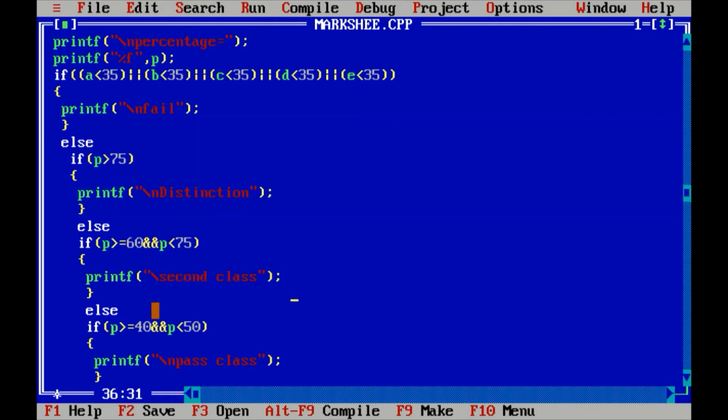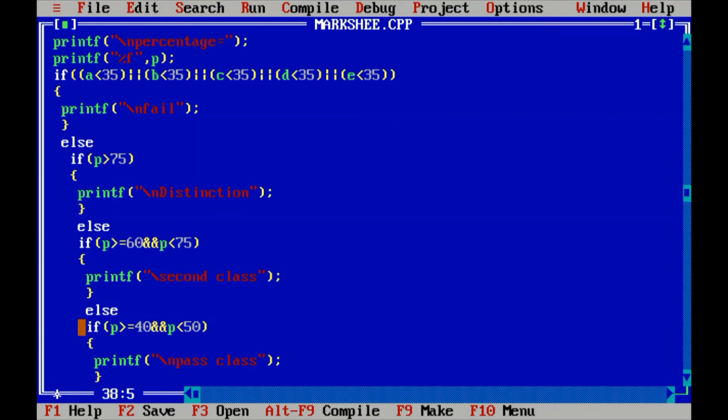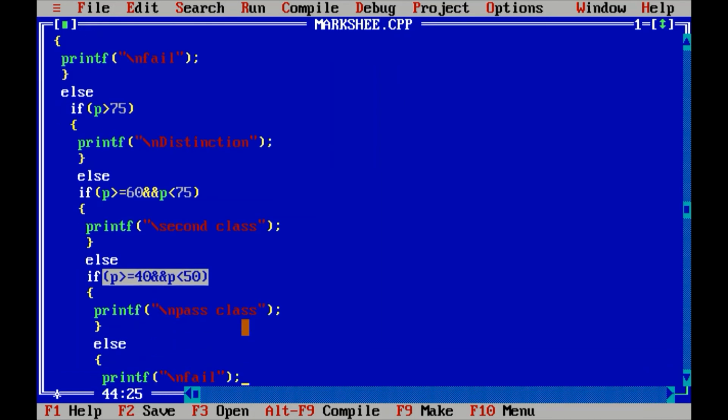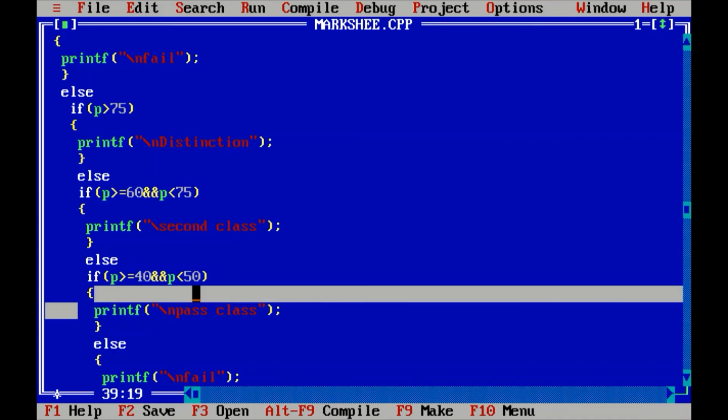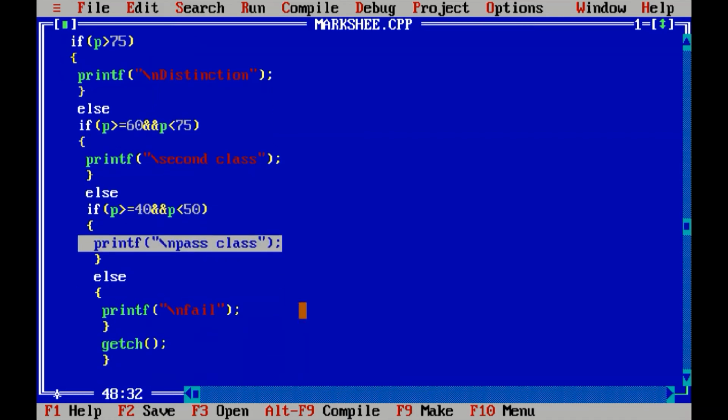Now again else, here using an if statement, and inside the if there is a condition that if percentage is greater than or equal to 40 and percentage is less than 50, meaning the range of 40 to 50 is considered here, and that student is termed as pass class only, meaning the student has just passed. And again else,